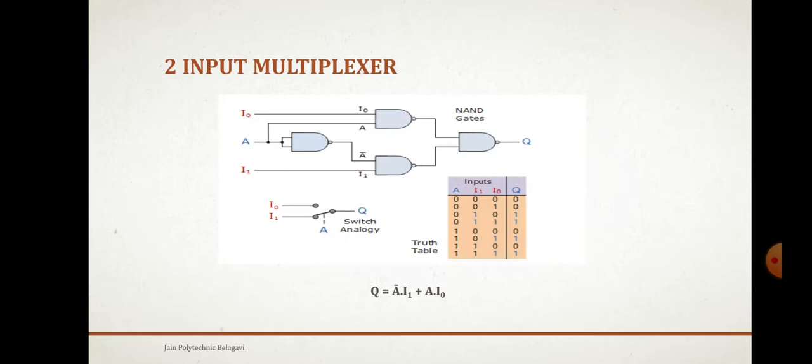If the select line equals 1, I0 equal to 0, I1 equal to 0, we get 0. Whatever value is selected will be passed: if S equal to 1, the I0 value will be passed, and if S equal to 0, the I1 value will be passed. So that is the two input multiplexer.